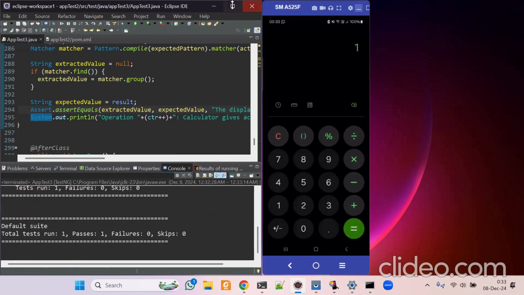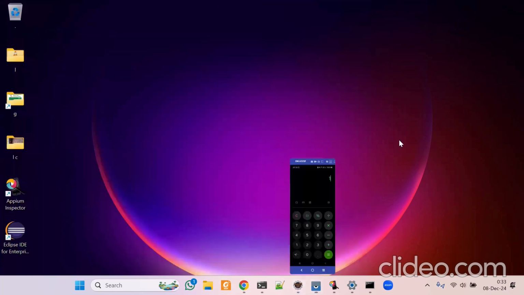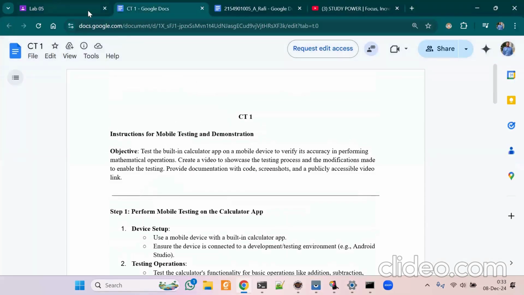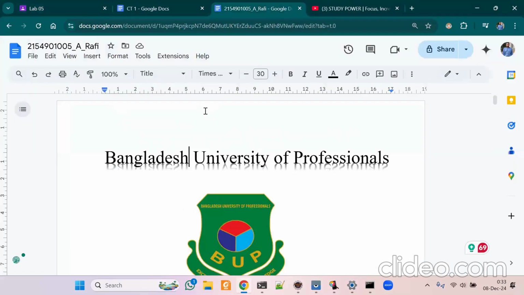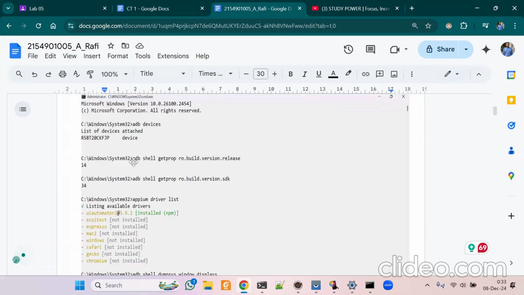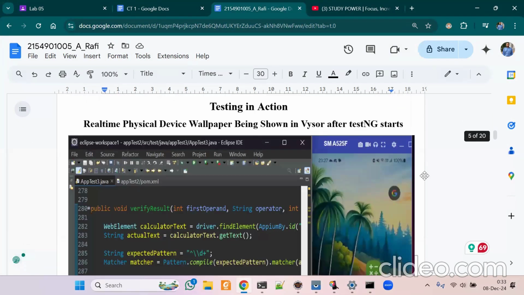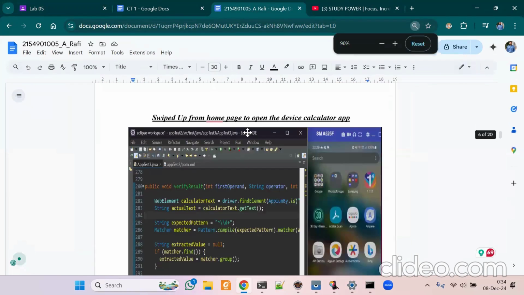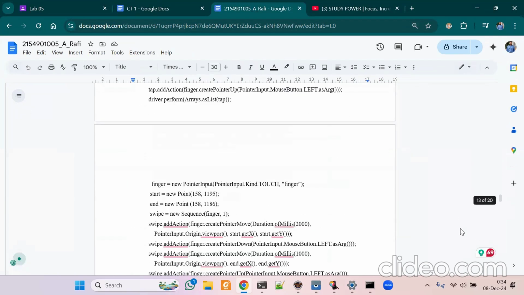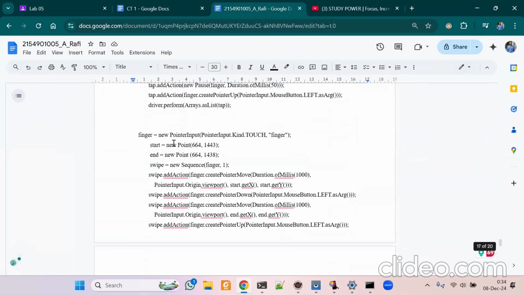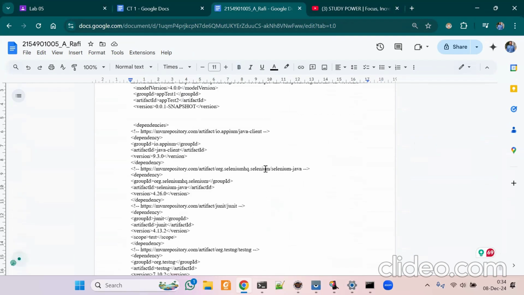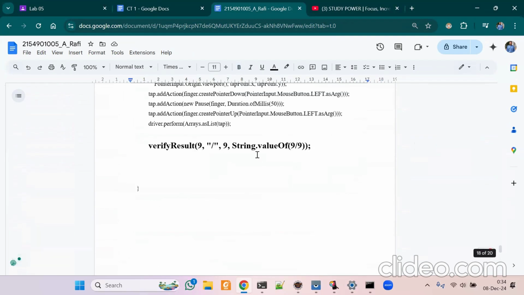So here is our test. This is my instruction; this was my tutorial and this was my submission instruction of the class test. I made a report. Here is the device name. I attached the screenshots, my app names, and the testing actions I've shown here, like the home page, the app opening, and the instructions. I have used the code modifications, and I have also added the manual verification method I created,